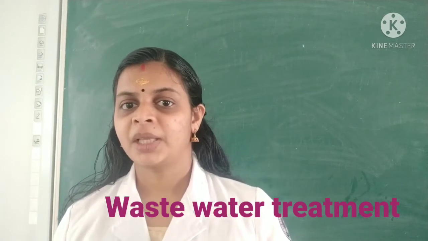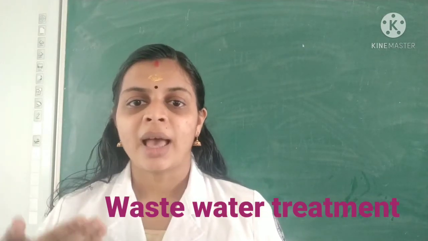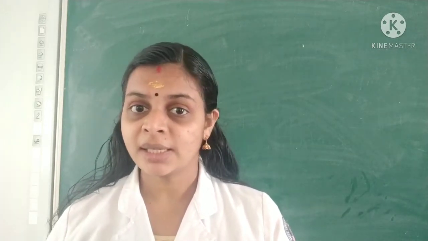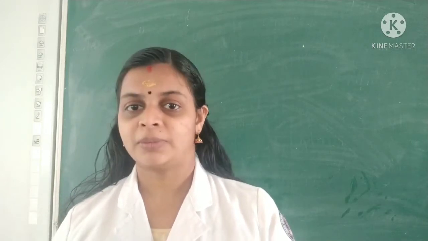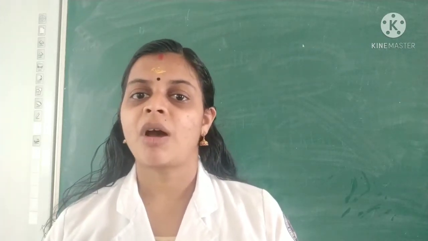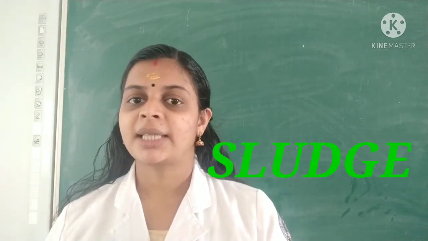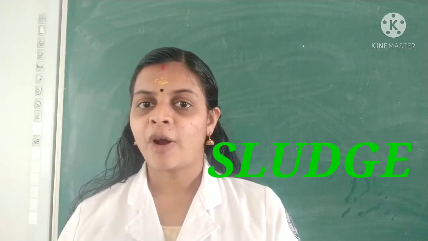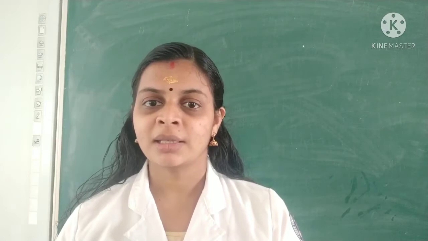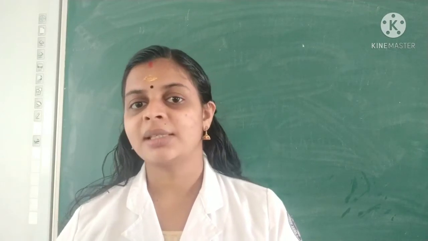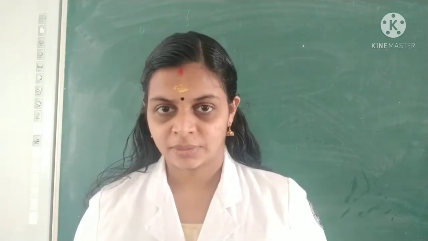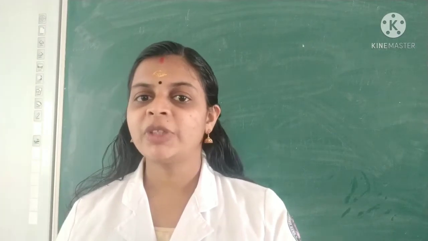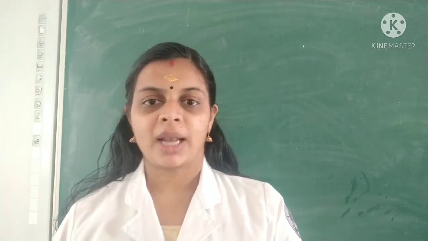Third step, it is allowed to settle in a large tank having a slope at the middle. So, solid waste like human feces is deposited at the bottom. This solid waste is called sludge. Sludge can be removed using scrapers. Floatable solid waste like oils and grease are removed with a skimmer. After this step, water becomes clear, and the top of the clear water can be removed. That is called clarified water.